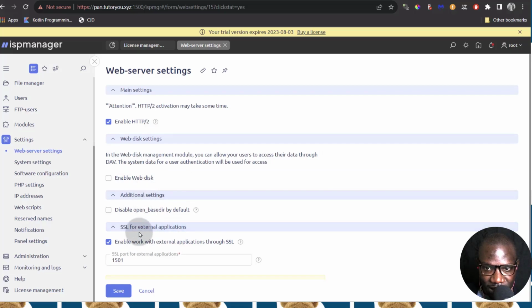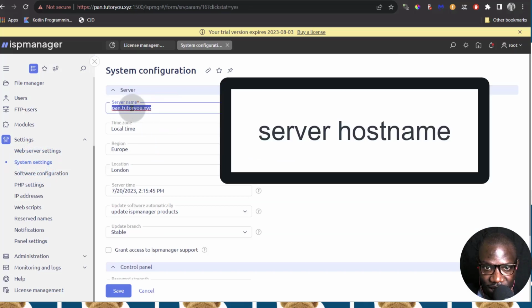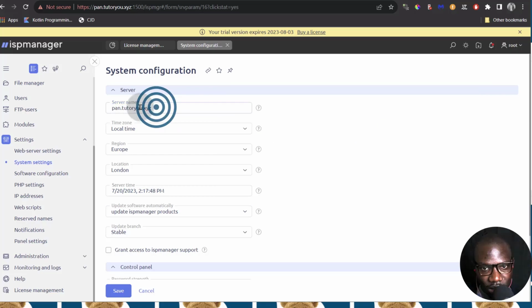And then all these others, if there's anything that you don't understand here, you can always just copy the name, put it on Google, and then try to understand what it is and what are the implications of anything that you're doing here. And then system settings, you can see my server already has a server name. This is taken from my host name. You can change this host name as well on your server via SSH,